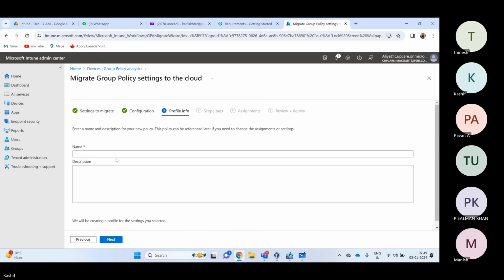next, and group policy from Intune. Okay, next,